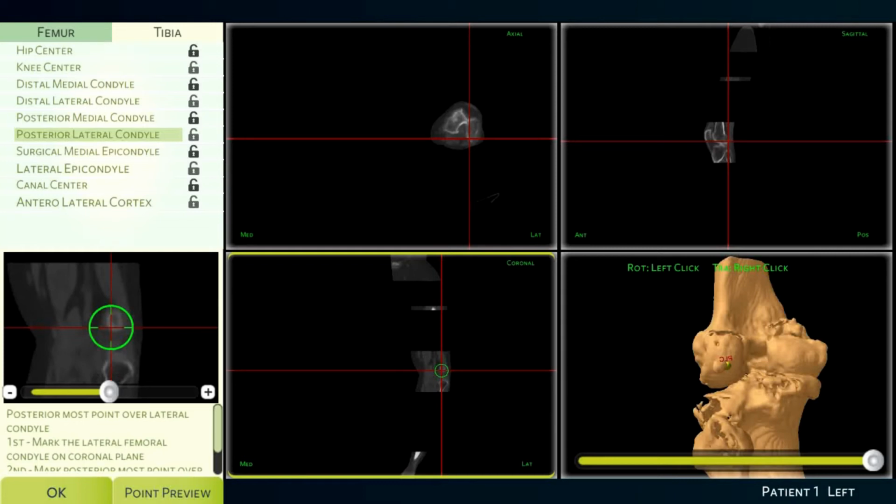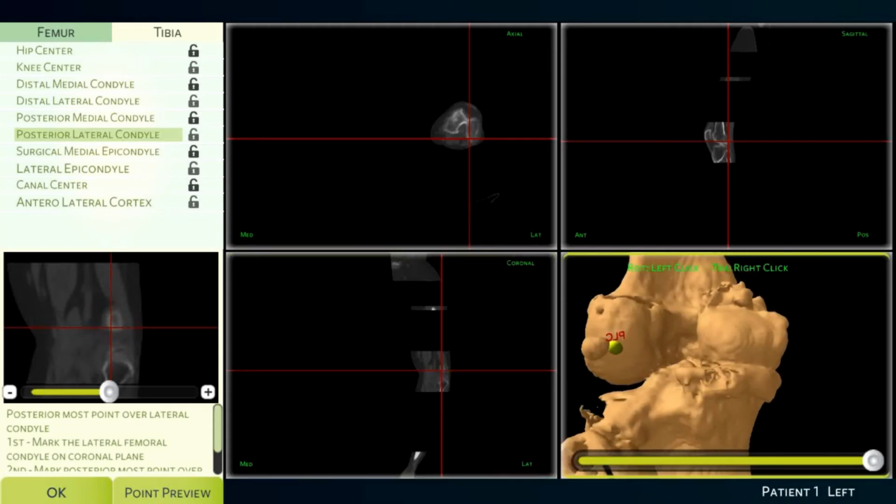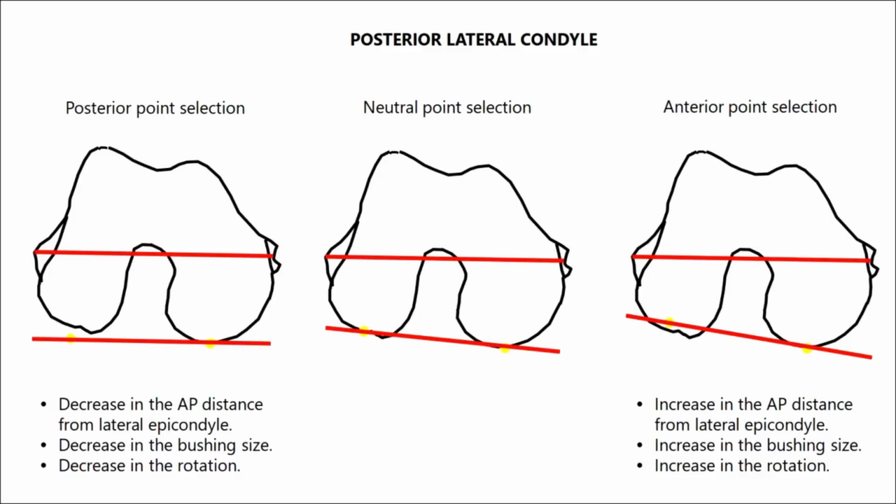So similarly to the posterior medial condyle, while selecting the landmark, the trick is to keep the 3D option or 3D bone model aligned in such a way that you can visualize the posterior lateral condyle, and then the selection becomes easy. This landmark is used to define the posterior condylar axis and the depth of the posterior lateral femoral